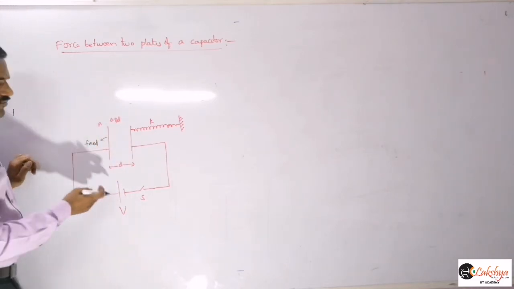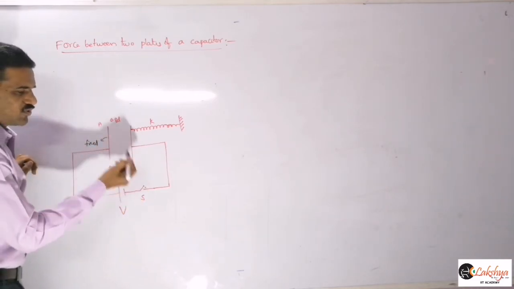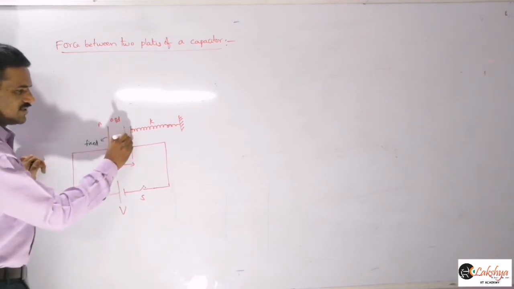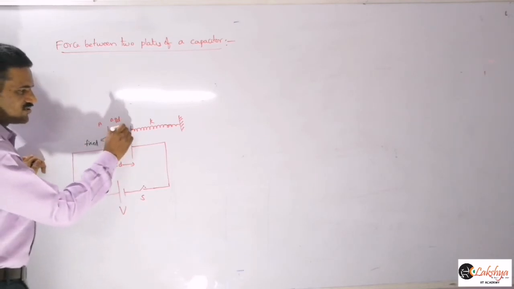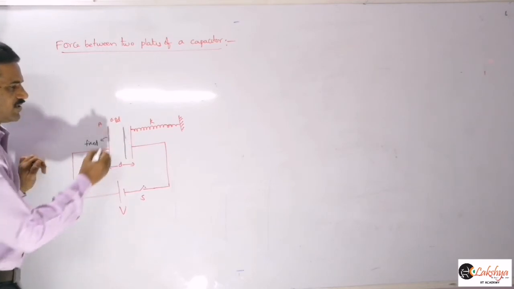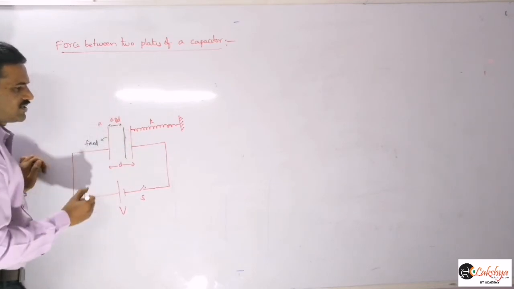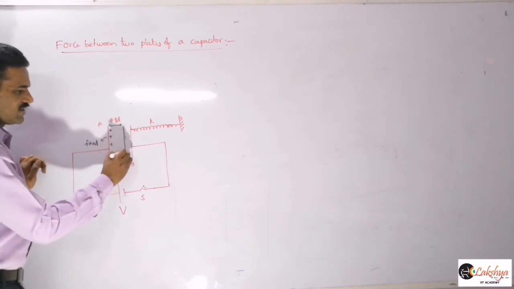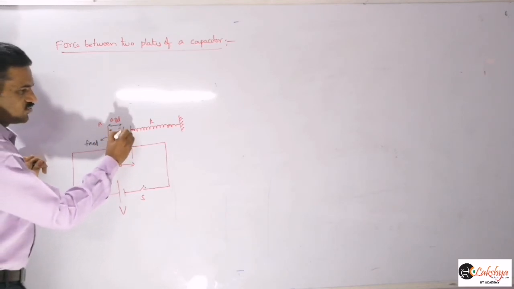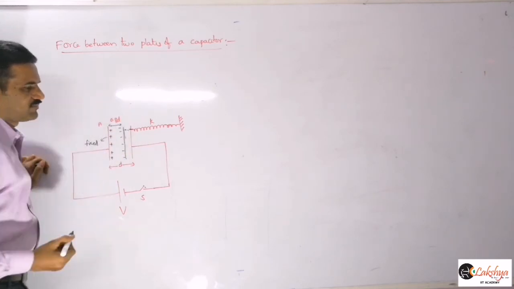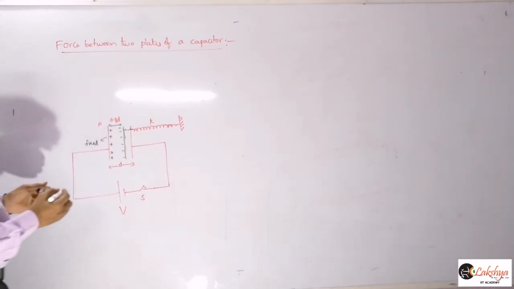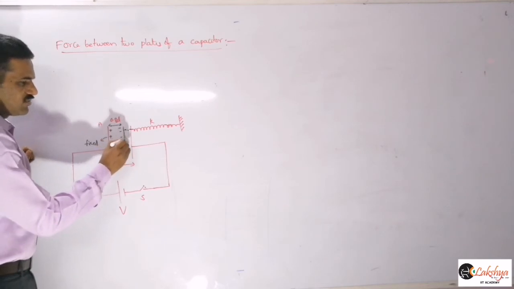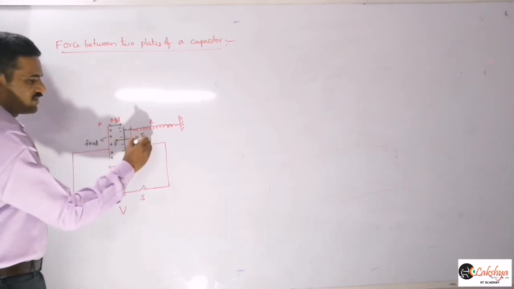Once you switch on the circuit here, charging of the capacitor will take place. When the capacitor is charging, this plate moves up to here, reaching this position, and this is the separation 0.8 D. This is the positively charged plate and this is the negative charge here. The spring will extend up to here. Now here we can write the equilibrium. It moves along this direction because on this side the attractive force will be there and on this side the spring force will be there.